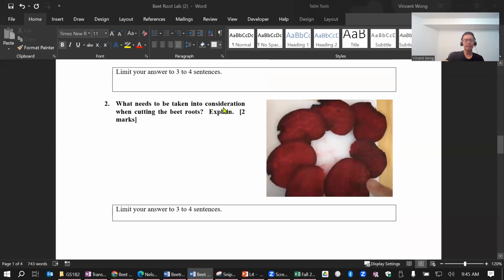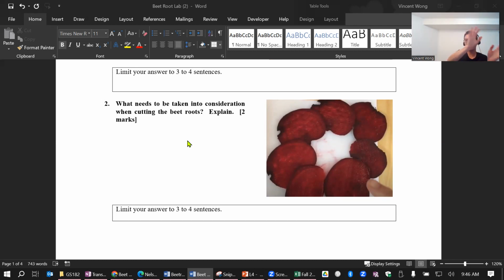What needs to be taken into consideration when cutting the beetroot? Explain. I am not talking about not cutting your fingers here. People say, oh, you need to be careful with the knives and not cut yourself. That is not what this question is asking. This question is asking about how you are cutting the beetroot. How should you be cutting it in a way that assures your experiment is done in a proper manner? For example,